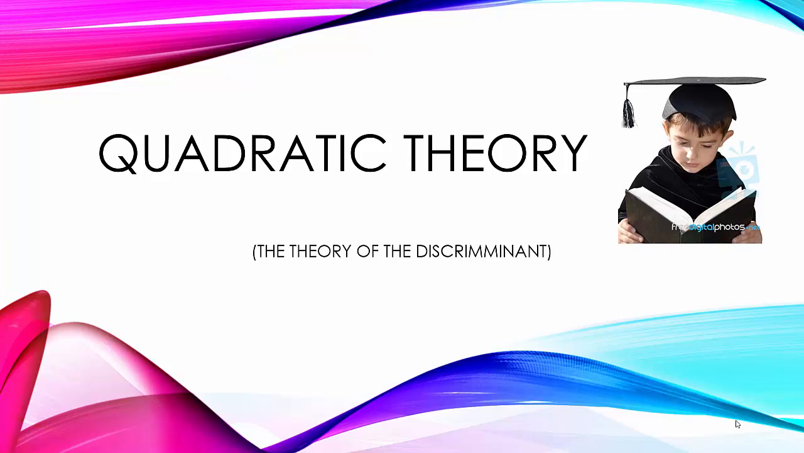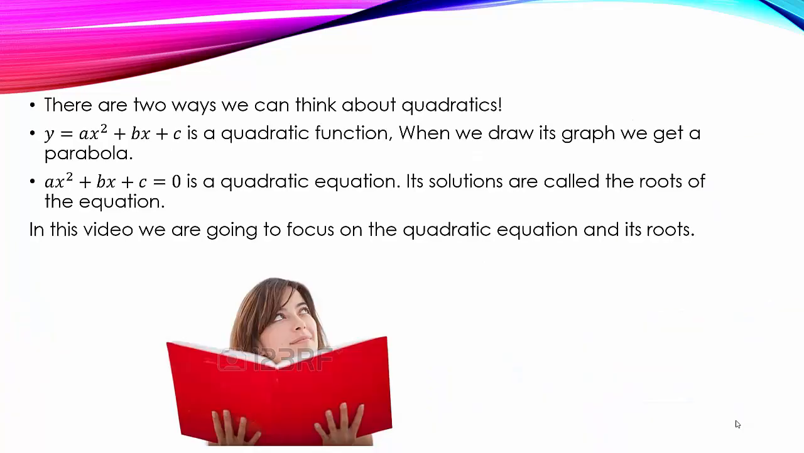So today we're going to be talking about quadratic theory, or the theory of the discriminant. We know a lot about quadratics already. We know that we've drawn the quadratic function, y equals ax squared plus bx plus c. We've drawn lots of those, and when we draw it, we get a parabola. You should all be quite expert at this, but there will be some revision of this as we go through